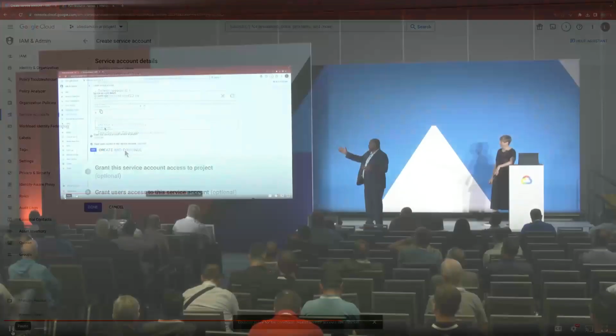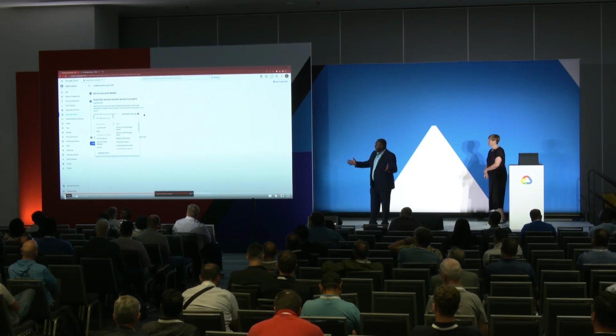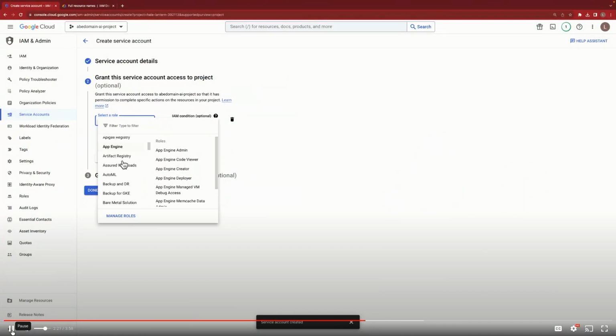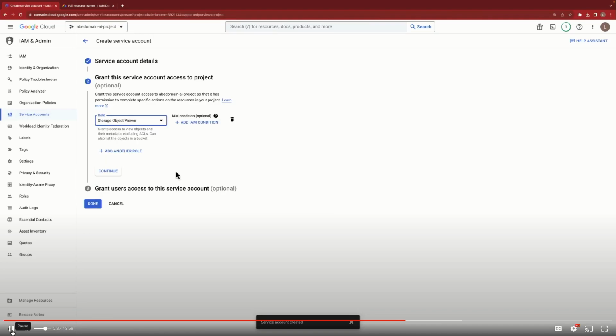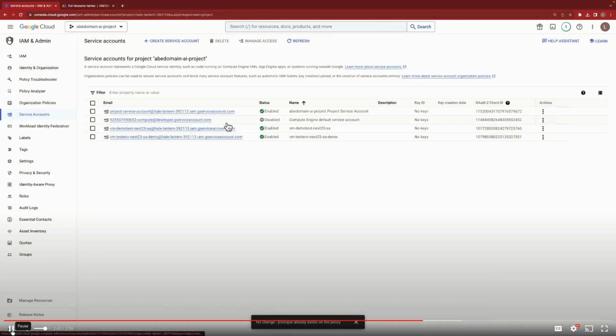But I'm just creating a basic service account, just giving it a basic role. I think I'm giving it something like owner. I kid. I'm giving it a viewer role. When you create a service account, you want to make sure that you follow a naming convention, and that you only apply the role that you want that service account to have. You want to make sure that you restrict that service account.